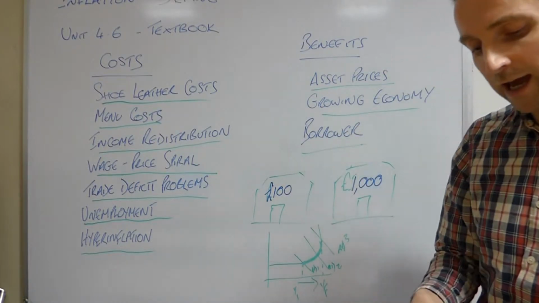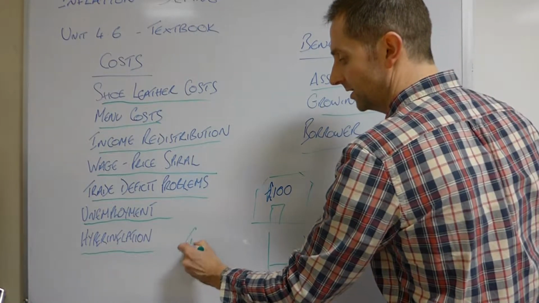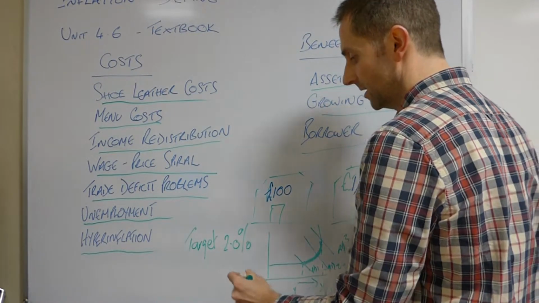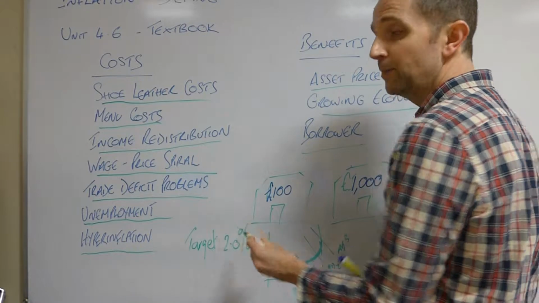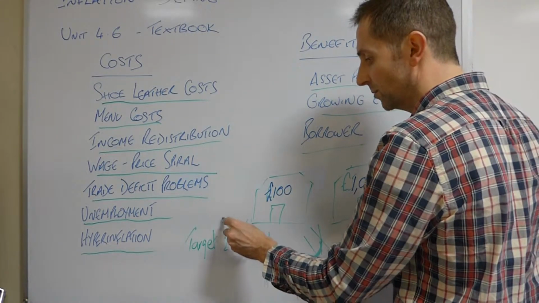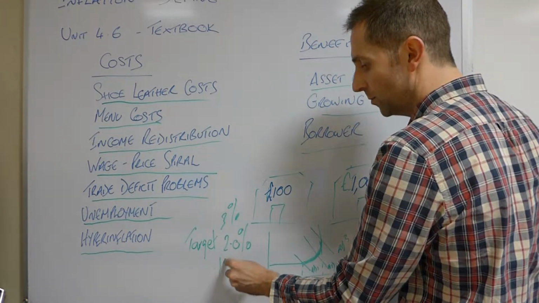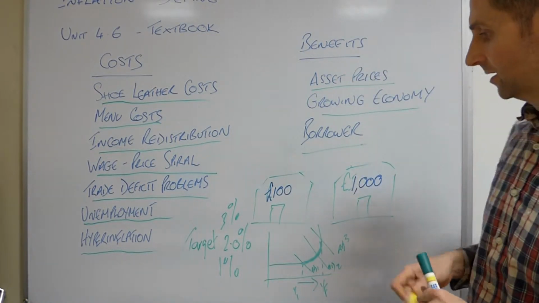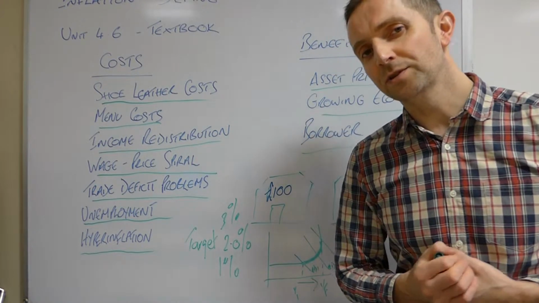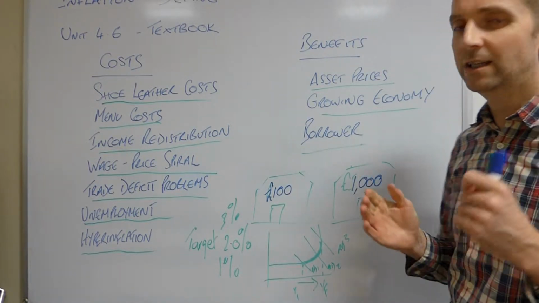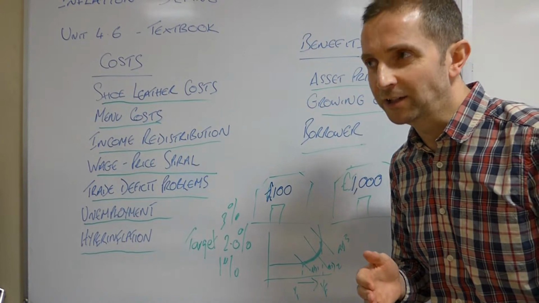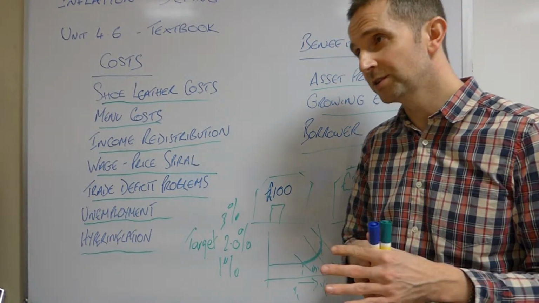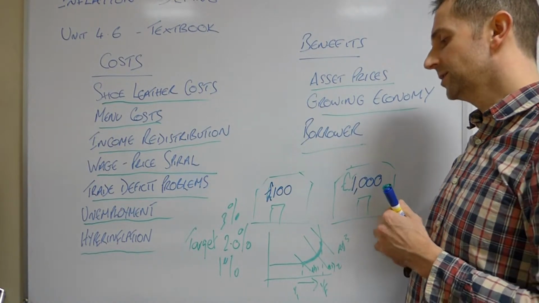Let's talk about the UK. The UK has a target for inflation of 2%, and it can be plus or minus 1% either side. So it can be 3% within target, 1% within target. It's what's known as a symmetrical target. Why not have a target of 0%? Well, 0% doesn't give you much flex, much room to manoeuvre as an economy, as a monetary policy committee and for the Bank of England. So hence it's not 0%.